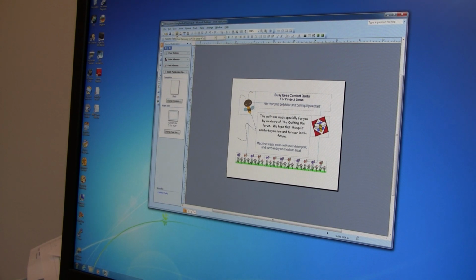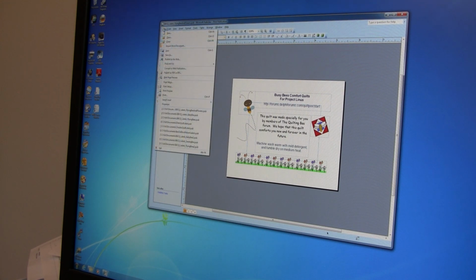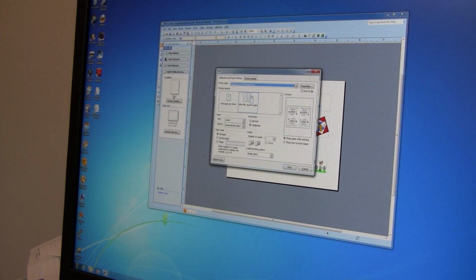I can either use a print icon if I know that my options are set up, but let's just double check. So File, and then Print, gives me my printer options menu. When printing onto fabric, you want to use your best quality printing to get as much ink as possible onto your fabric sheet. So if you have a Preferences or a Properties,